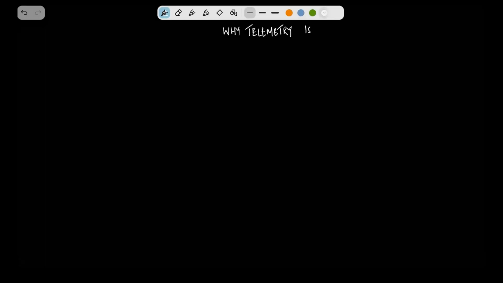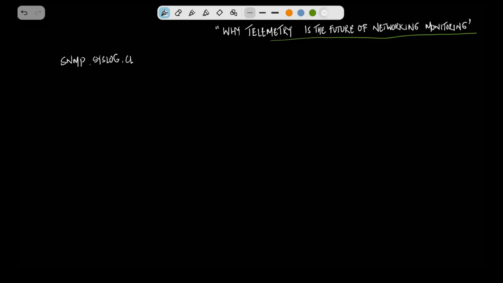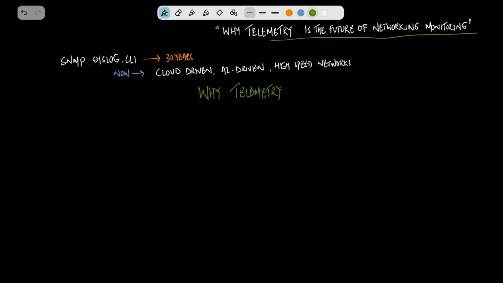Traditional network monitoring tools like SNMP, Syslog, and CLI have been around for more than 30 years now. So we will discuss why telemetry is the future of network monitoring. Before we deep dive into telemetry, SNMP, Syslog, and CLI are what we have been using for the last 30 years. Now, based on the cloud-driven, AI-driven, high-speed network, we'll break down telemetry, how we replace these old tools and how it gives us real-time, scalable visibility,